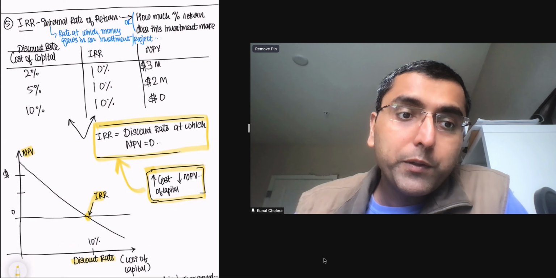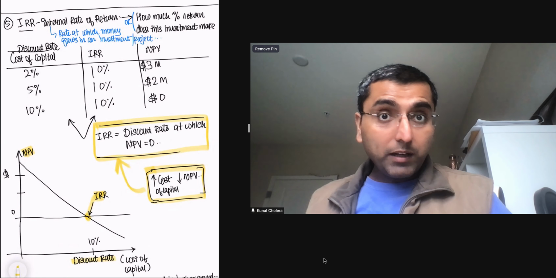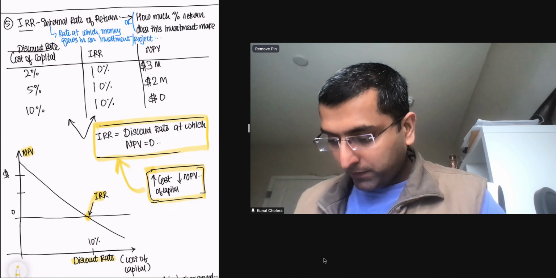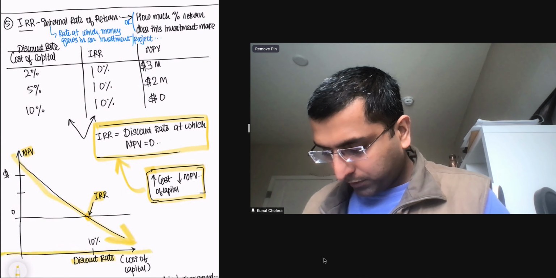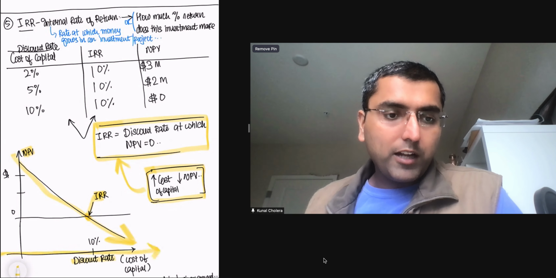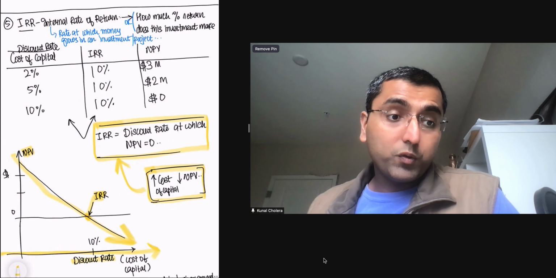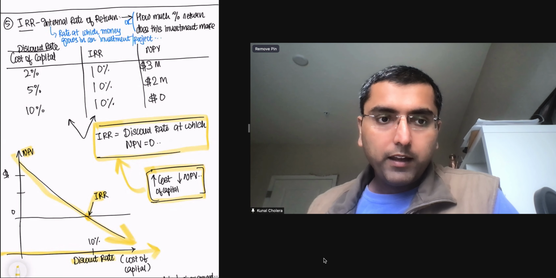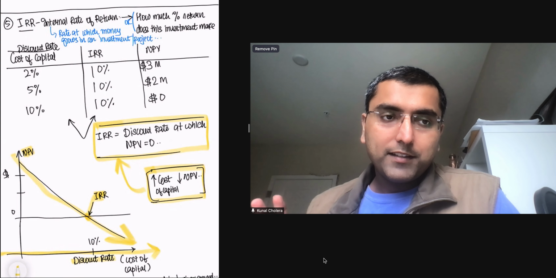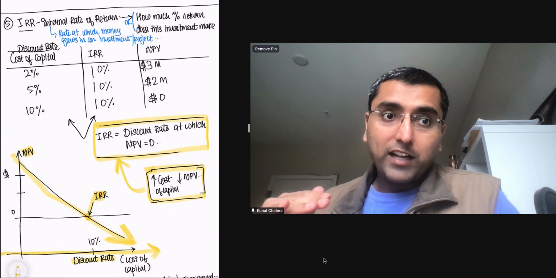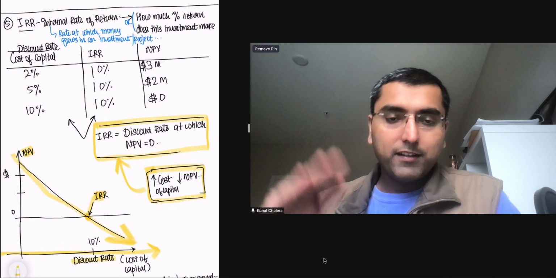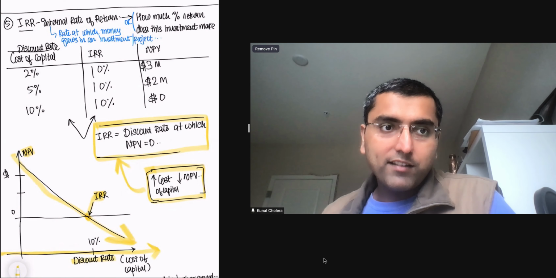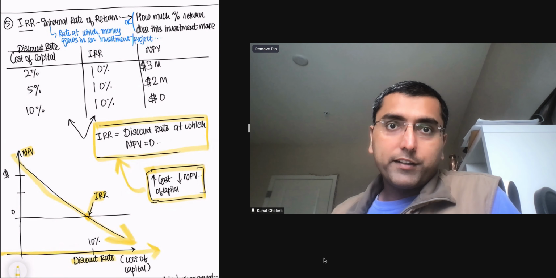And we know it intuitively because when the cost of capital goes up, NPV goes down, right? If you see here, the NPV is just going down as the cost of capital goes up. IRR is when it reaches 0. In a sense, for a lower cost of capital, if a project grows at 10%, you get a higher NPV, right? So intuitively, it makes sense why and what IRR is the rate.